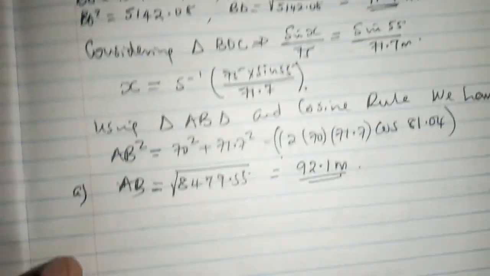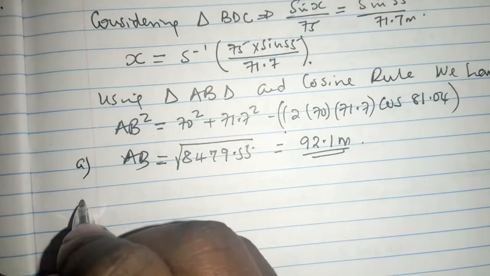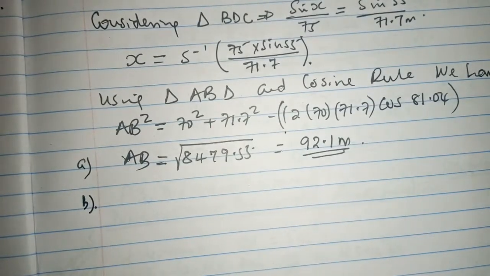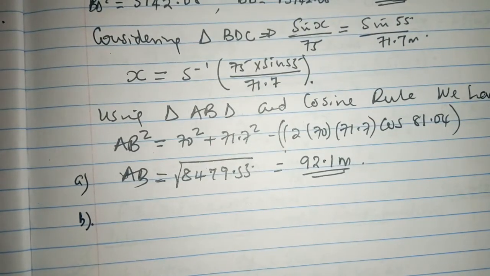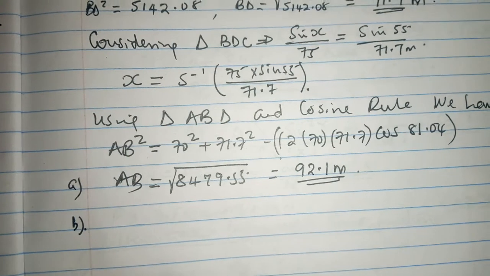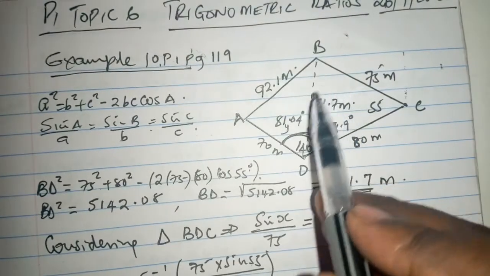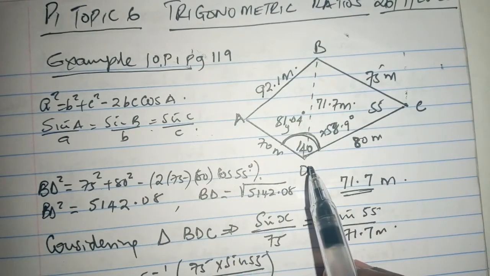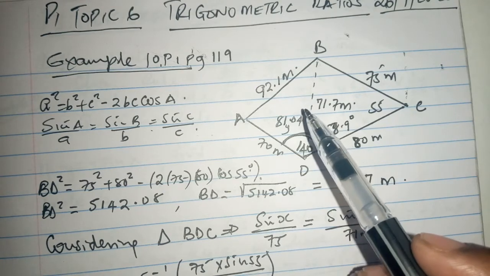That is part A of the question. Part B is asking us to find the angle BAD. And it simply goes without saying, because the angle BAD, we have to find this angle, angle A,